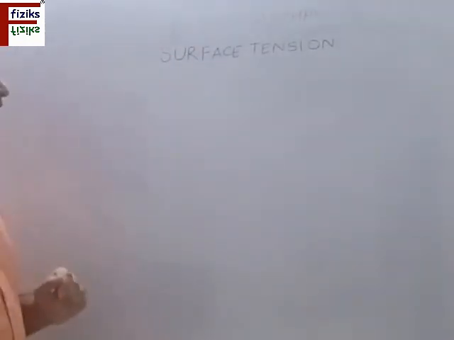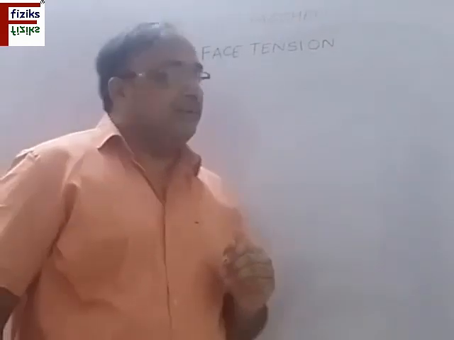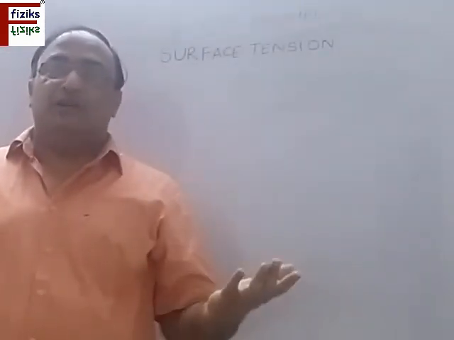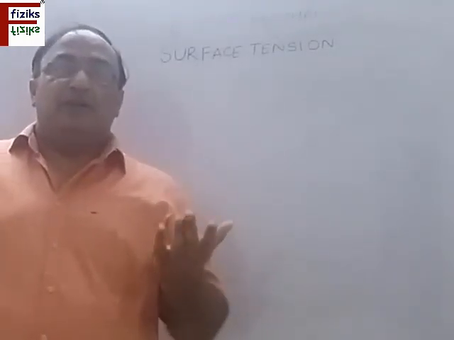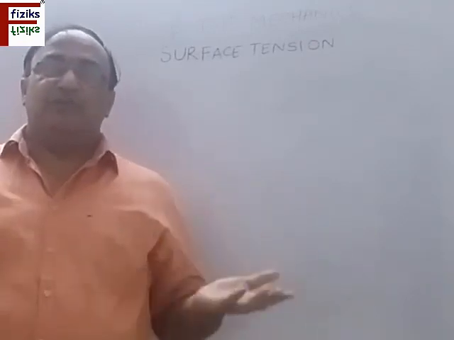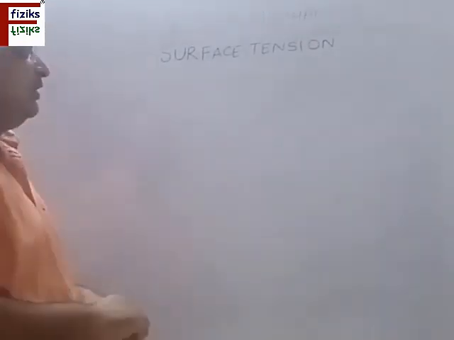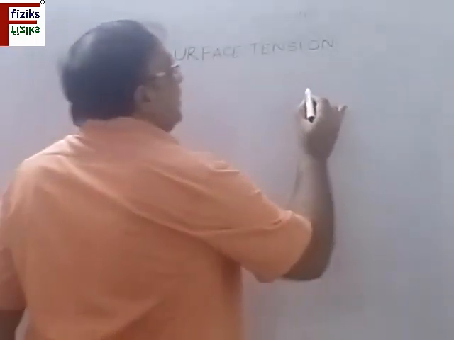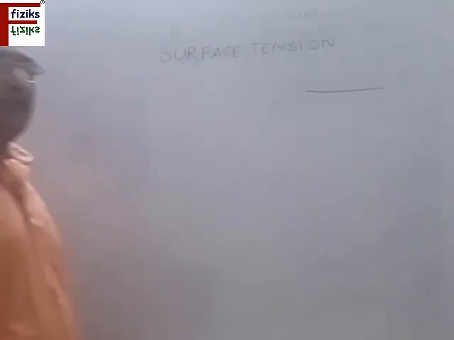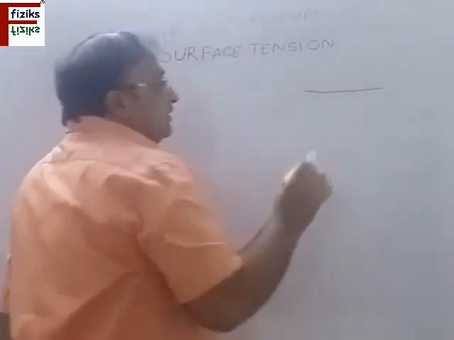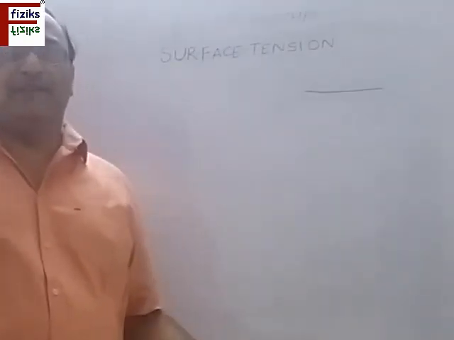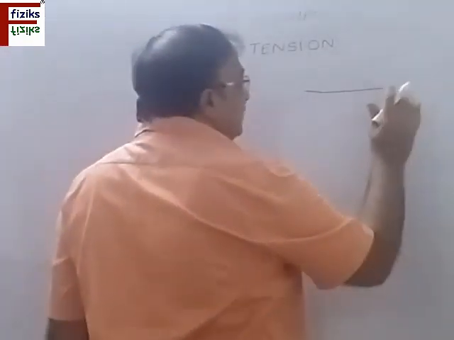So surface tension, which we are discussing here, I explained this in the beginning also. It is a property of the fluids, by virtue of which the fluids behave as if they are trying to form a stretched film of minimum surface area. So what is the reason for this? Let us take this surface of the fluid or any liquid. This is very dominant in the liquids and particularly not in gases. So let us take the liquid. This is a liquid surface.